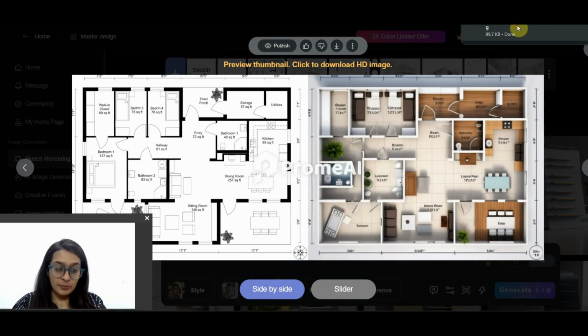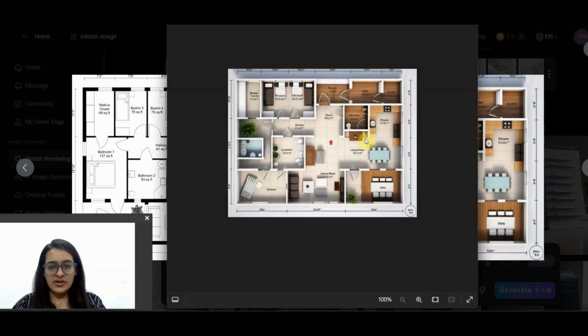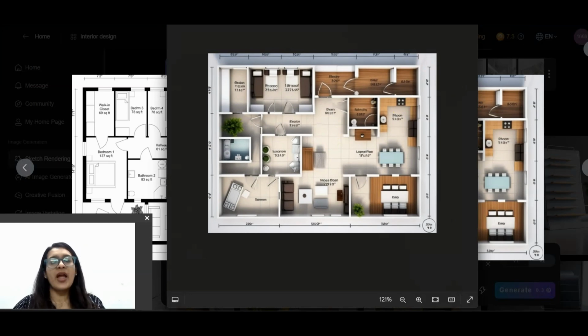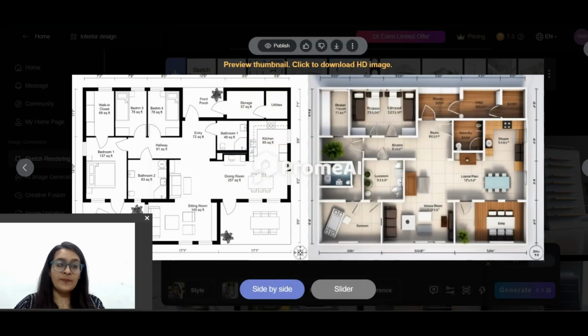Let's see what the output is. Is it a good resolution? Is it a bad resolution? Actually, I would say it's not a very bad resolution. It does give me a decent image which I can go ahead with. So if I'm looking to render a very basic render for an initial study, say I just want the client to have a brief idea of the walls and the spaces, this is actually not a bad idea to go ahead with. Even in your academics, if you have to show your mentor a little idea of your understanding, I think this is a good option to go with.